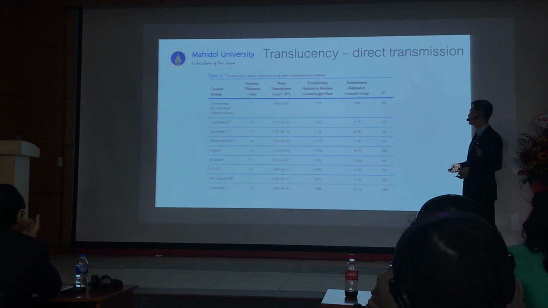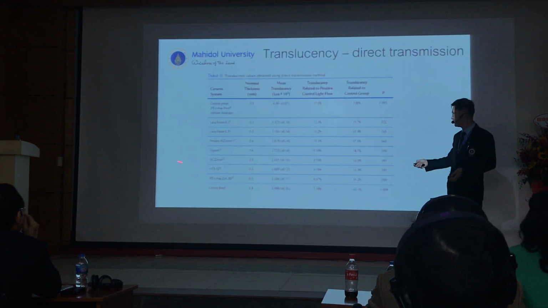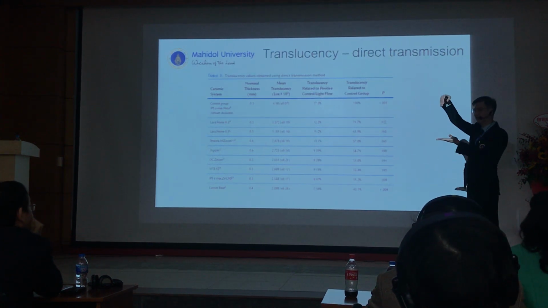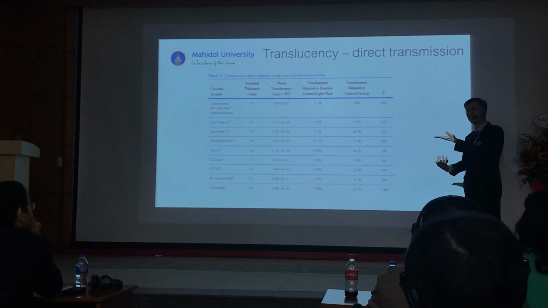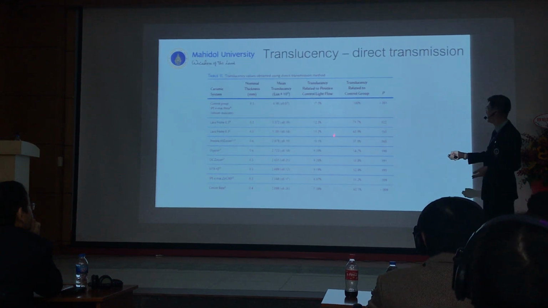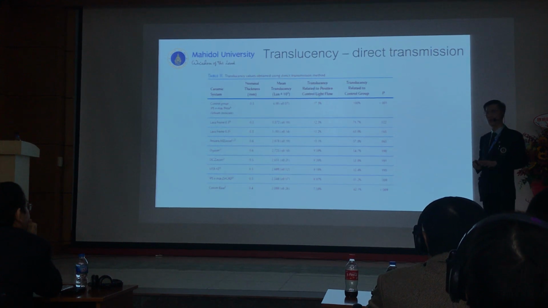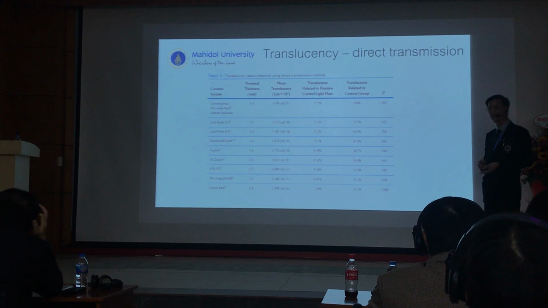But if you use another technique, comparing zirconia to IMAX or glass, they put the specimen in the middle, the light on the top, and the detector at the bottom. You're going to see that the light detected at the bottom for zirconia is around 7 to 12%. So zirconia is not totally opaque, because, as I said at the beginning, ceramic is transparent.